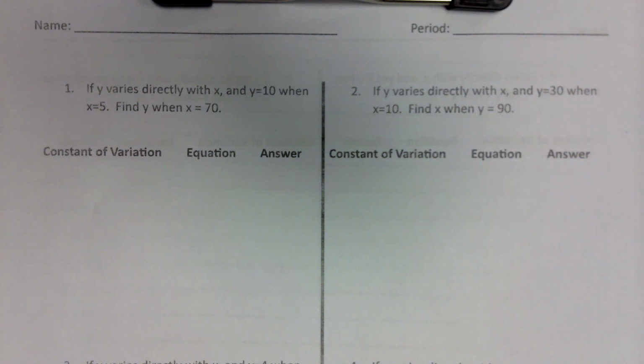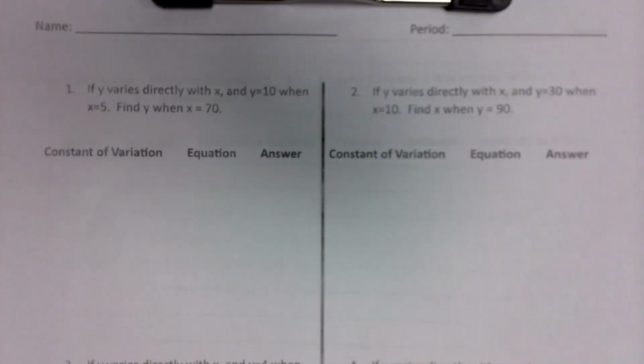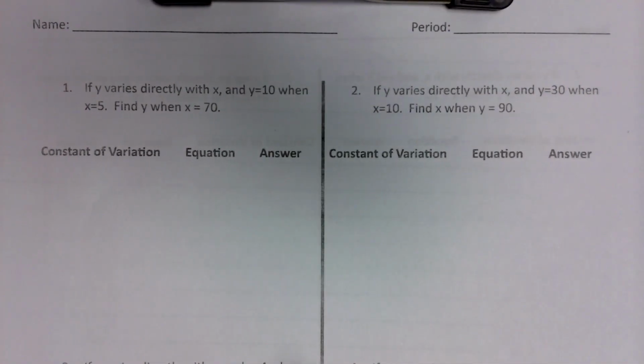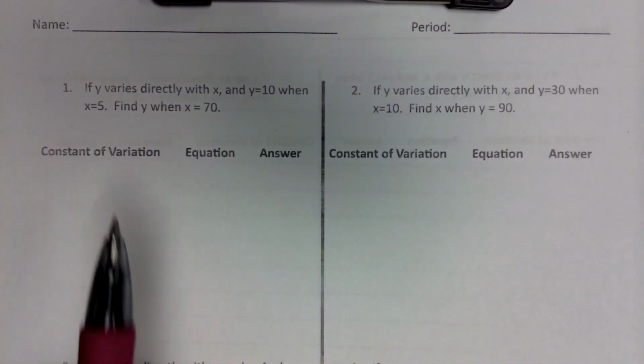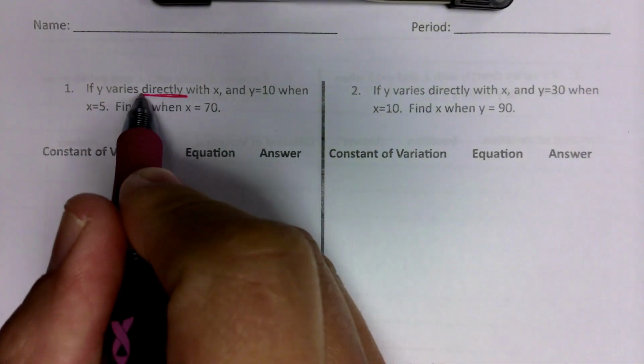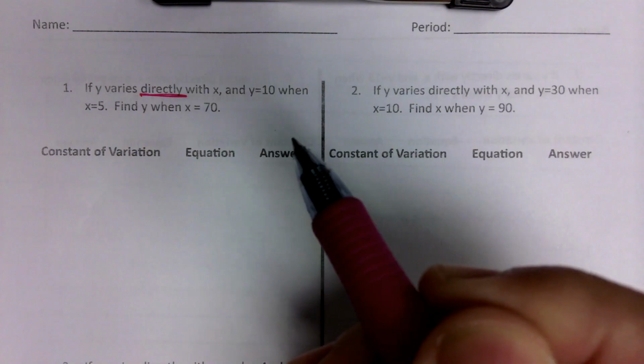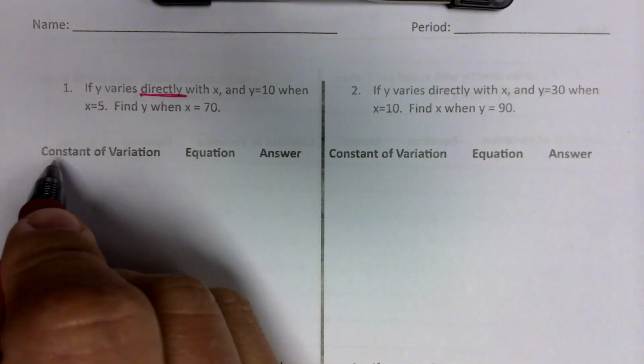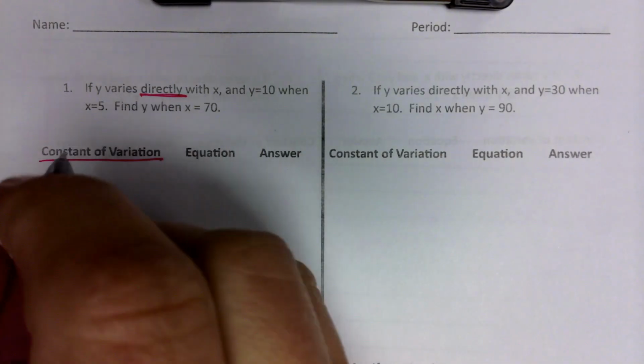In this video, we're going to look at direct variation problems, and we're going to determine how we can solve them and create their equation when given a verbal statement like you see here. Notice first of all it says "if y varies directly." So I'm going to underline that. That means that it's direct variation, which means that we can find what we call the constant of variation, which